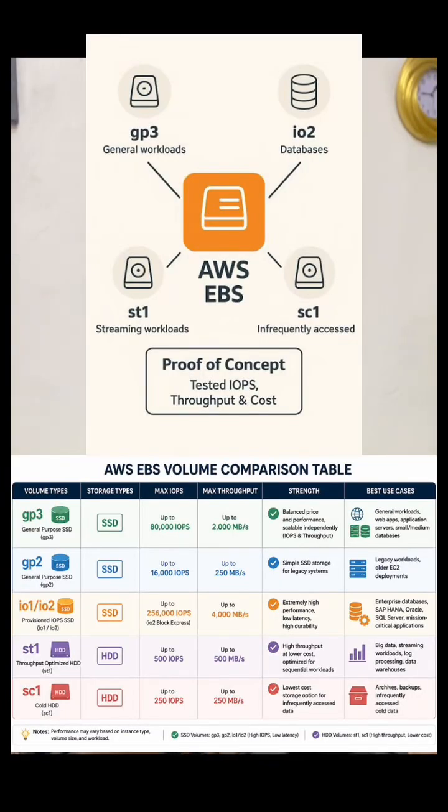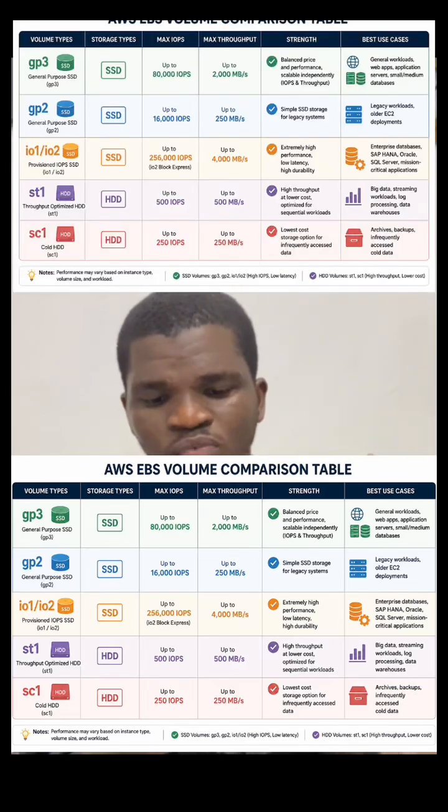If you check my screen, you can see I'm going to list out the 4 EBS volumes that we have listed under the 2 categories, the SSD-backed volume and the HDD-backed volume. I'm going to list them one by one, and talk about their max IOPS, which is input and output performance, their max throughput, their primary strength, how powerful they are, and what they are best used for. So for GP3, as you can see on the screen,